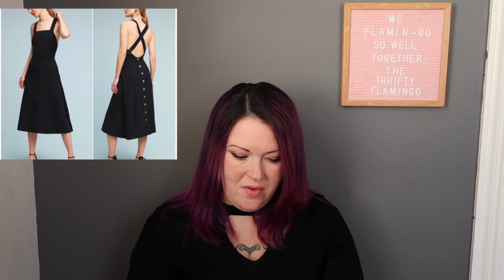The next one was part of a bundle. Now, only one of the items in the bundle sold really quickly. The other item I had listed for about 2 months. It was getting towards the point where I was gonna relist it. It was getting a lot of traction and just no one was buying it. So the yellow Millie dress, that was the one that took a little longer. But the Anthropologie Maeve Emery Slub Silk Pinafore dress,